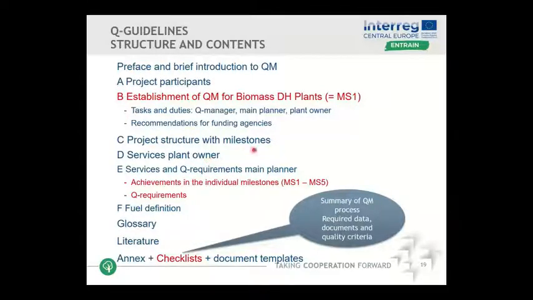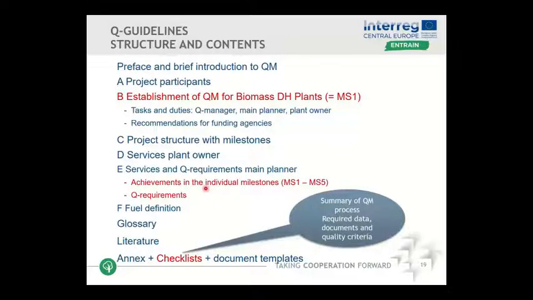And you might get some recommendations from funding agencies as well. Then we have the structure with the milestones in chapter C. The services the plant owner has to deliver, and E, very important, the services and requirements the main planner has to deliver. Christian mentioned QM sometimes